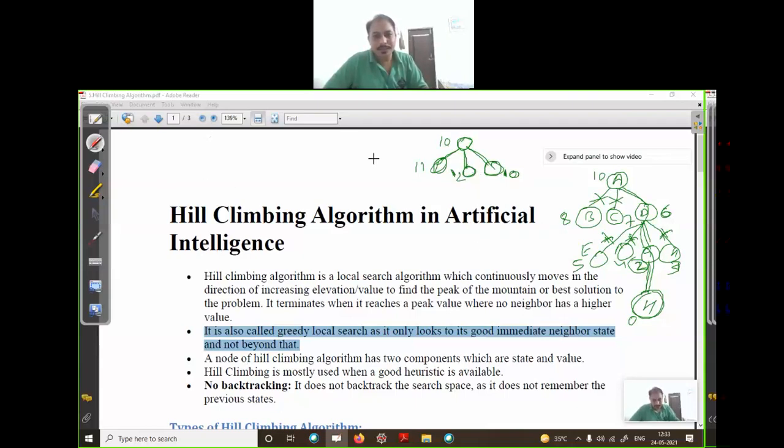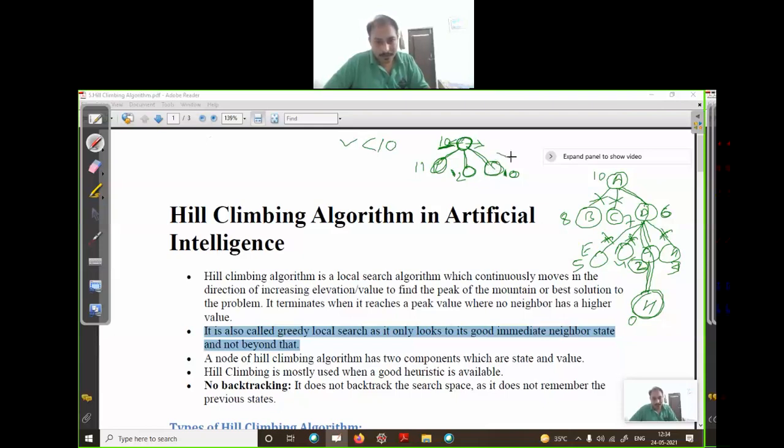Okay. So the key point of hill climbing is that it always looks for the best node from the current node. The current node heuristic value is 10. It is looking for the best from the current node. If the next successor has a heuristic value less than 10, then it only moves in that direction, otherwise it will stop.